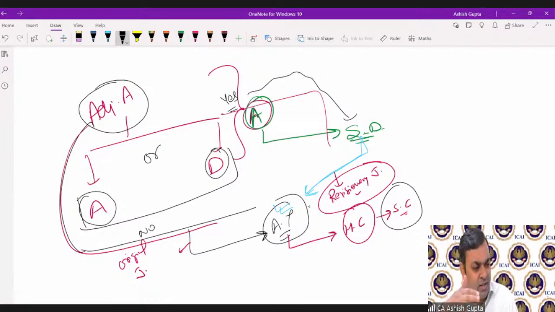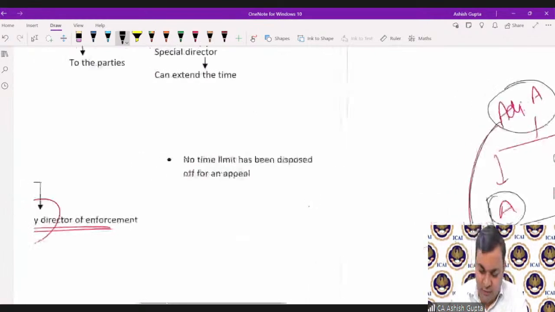Then we will go by the charts part or theory part. I think that concept is clear. Kindly comment in the chat box whether the concept is clear or not. Okay, clear. So we will go by the charts part. Now you can just fix that image in your mind. You can clear all the 3 charts of the appeal part.